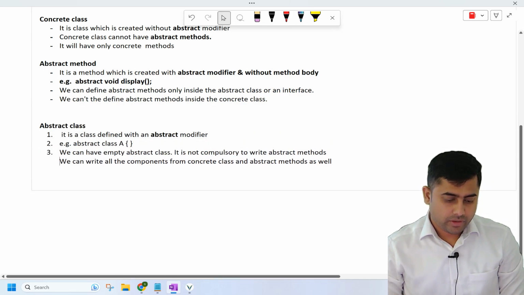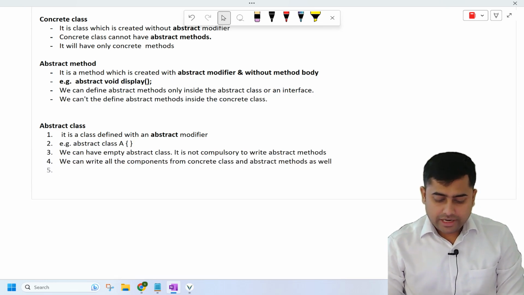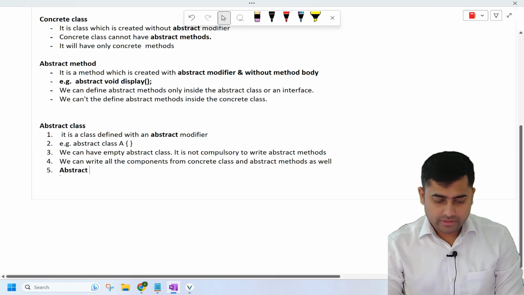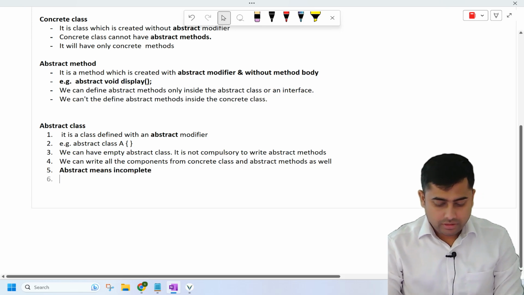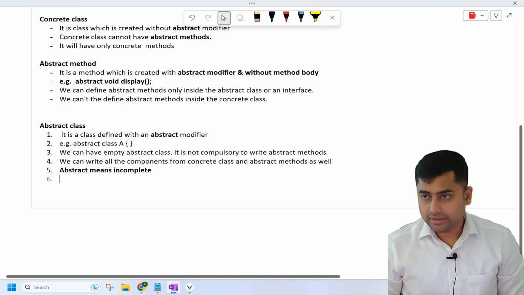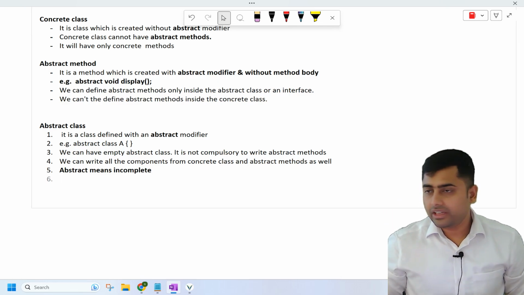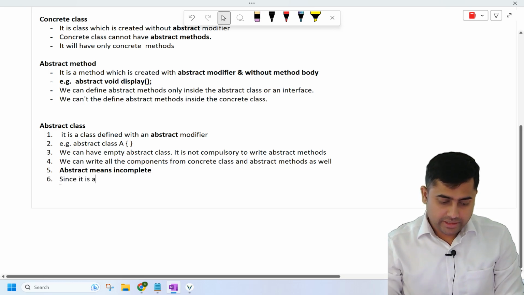So you have to remember all of these. Now abstract means, remember, abstract means incomplete. Whenever we create an abstract class, we say it's an incomplete class, even though it does not have anything. Since it is an incomplete class,